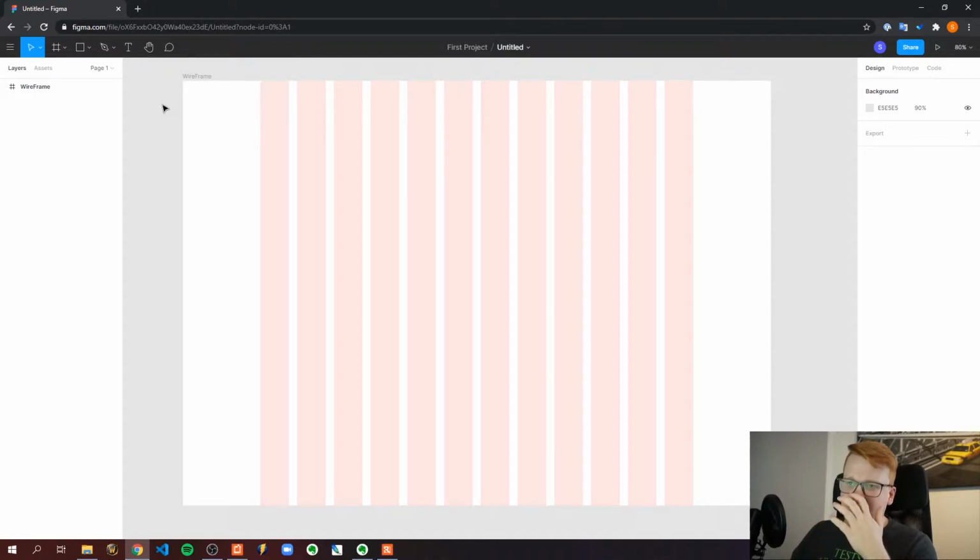Before you create a wireframe, you also should ask yourself, what is the goal of my website? Do you want the user to fill out a form? Should he click on a link to get to another page? Or should he buy a product? You need to know that. And a wireframe is then a good tool to scribble down your page, to really focus on the most important thing,